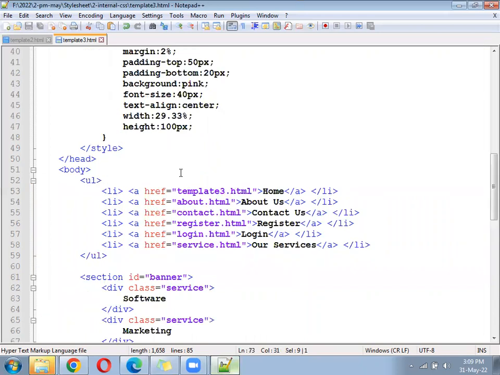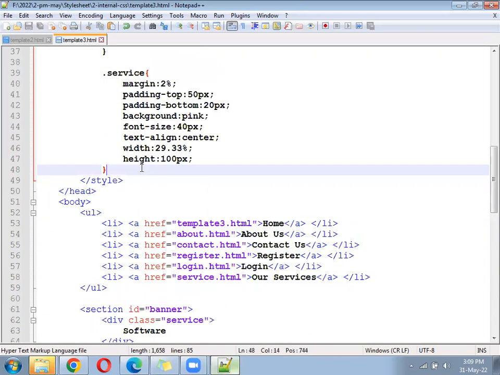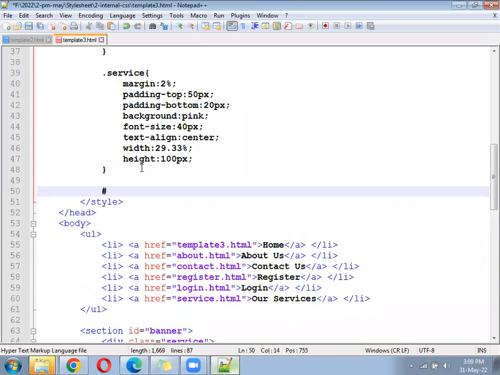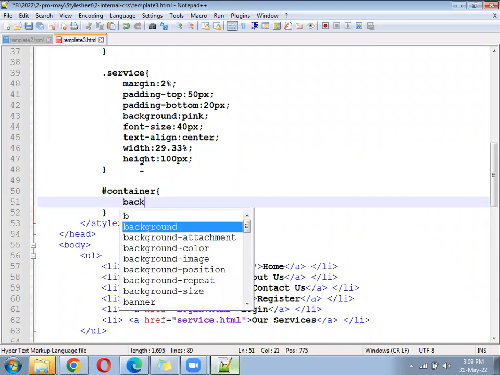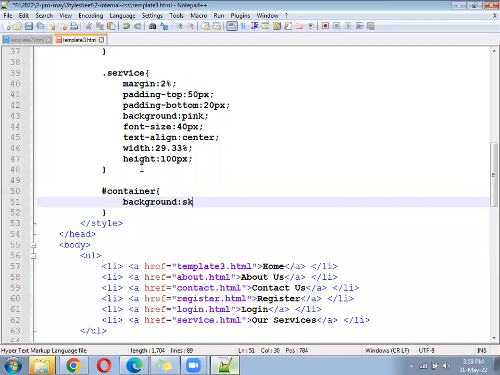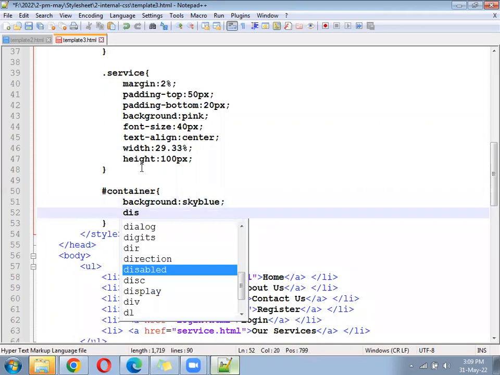For container, what will follow? As containers, inside what will follow? With how much? 100%. Give the background a sky blue and display flex.